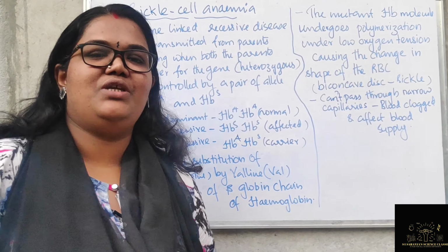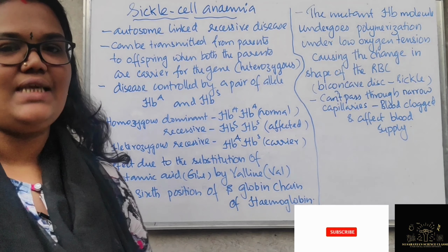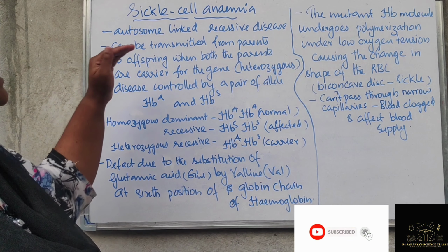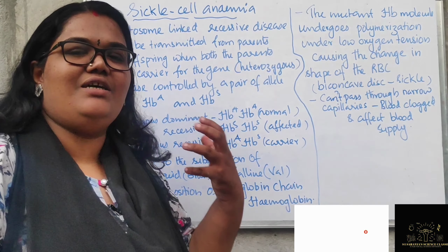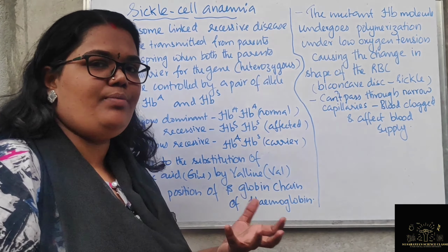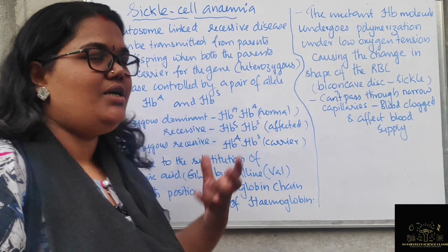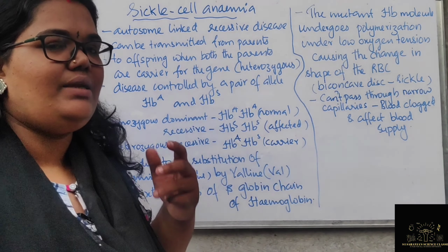Science classes. Today we are going to discuss another Mendelian disorder, that's sickle cell anemia. What do you mean by sickle cell anemia? Anemia, obviously you can easily understand that there will be some problem in carrying oxygen, right? For that, the hemoglobin present in blood. So that's why we call it the disease called anemia, right? Sickle cell anemia.